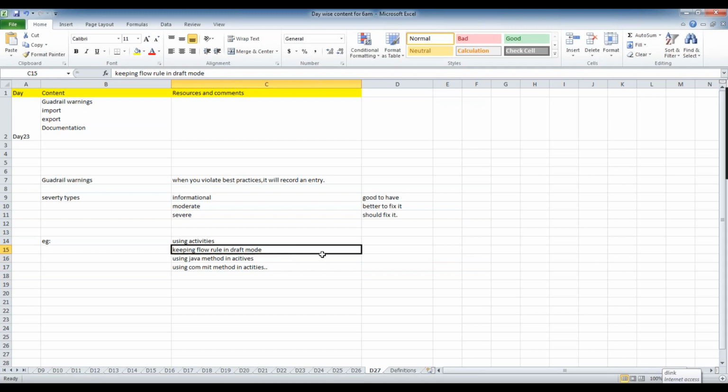Sometimes what happens is, here we are saying using activities is a violation. But as we discussed, we need activities for some scenarios. In that case, if it is fixable, we need to fix it. Whatever violation we made, we need to fix it. If it is not fixable, even if it is a best practice, we'll give a justification. Pega will provide that. So if something is required for our application, even though we violate the best practice, you can give the justification why we need it. There we have a justification field for each and every warning. So you can see that.